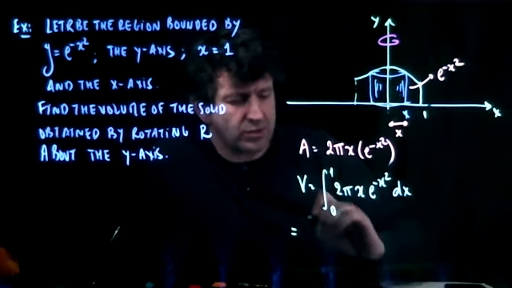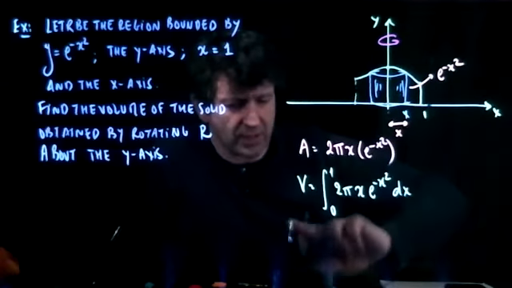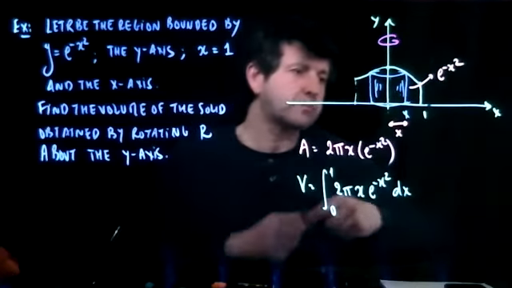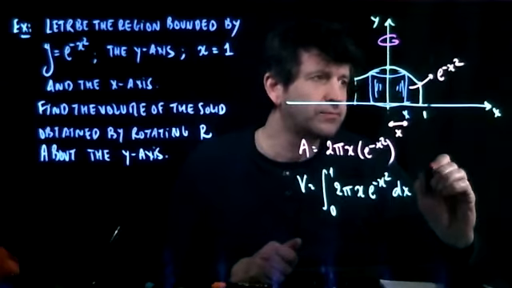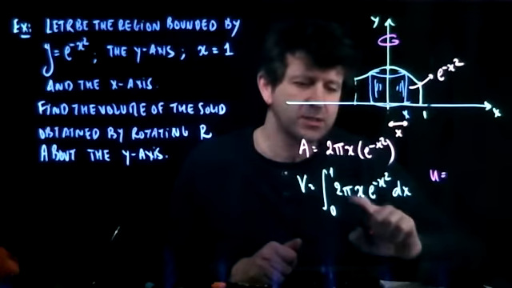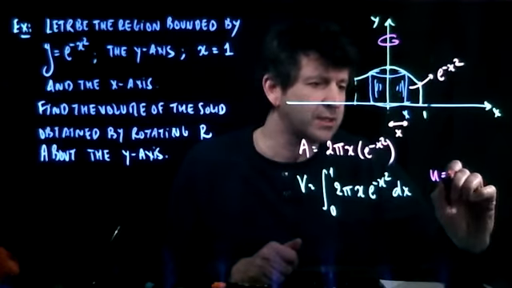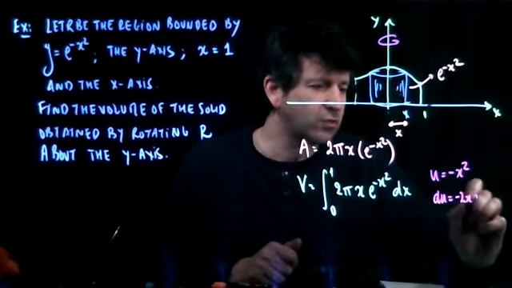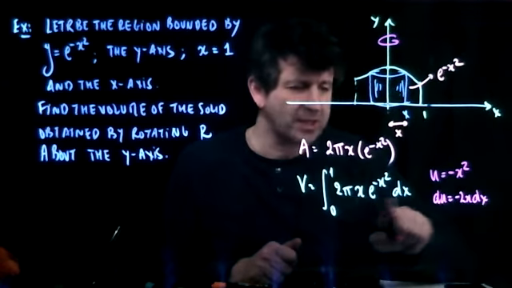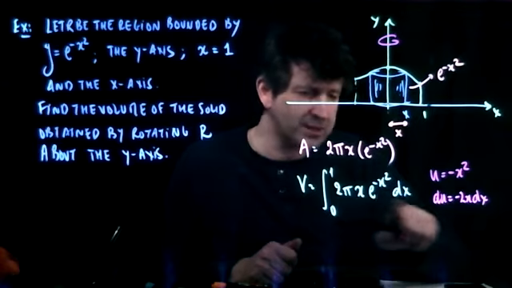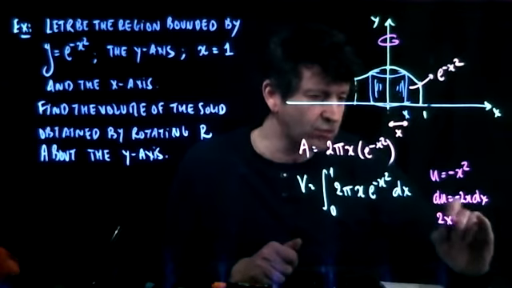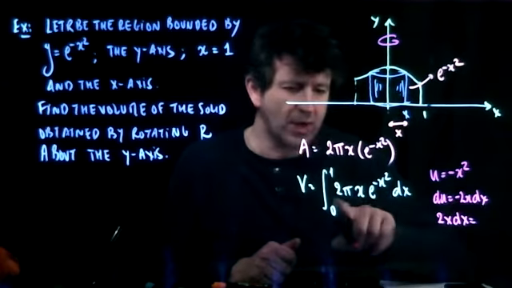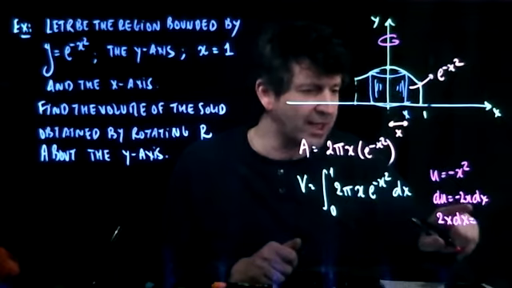Okay, so let's do the substitution. U is equal to, let's say, negative x squared, and so du is negative 2x dx, and so 2x dx, might as well, since I have a 2 here. So 2x dx is equal to negative du over